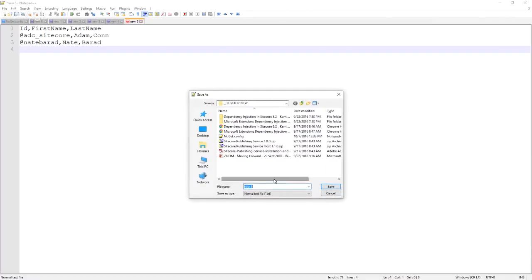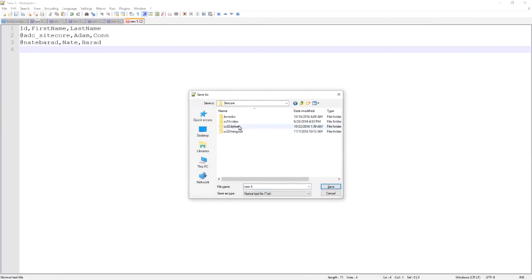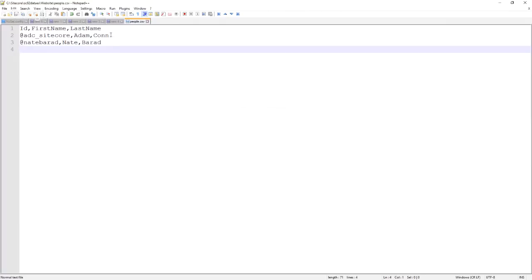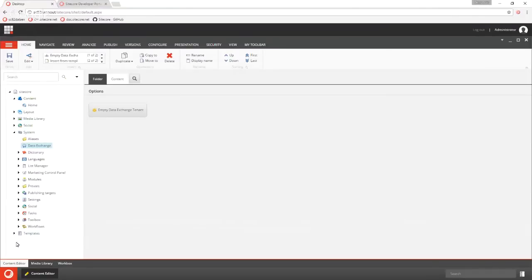And I'm going to save this file onto my Sitecore server. I'll just call this people.csv. Very simple file. What I want to do is take the information from this file and create Sitecore items out of this data. So over in Sitecore, I need to have a template to store that information.